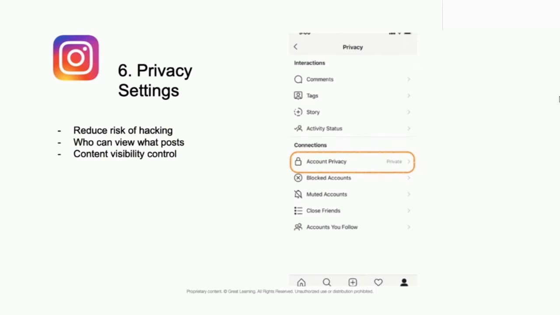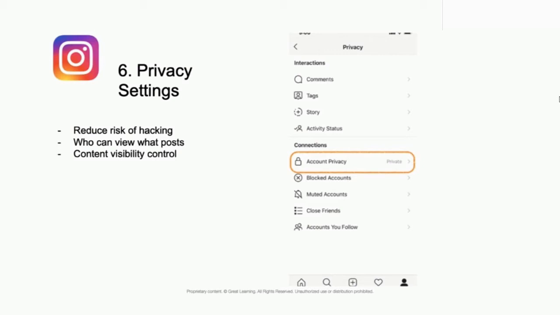Sixth, privacy settings. Account privacy settings are very important. They are important in two ways. One of the reasons is that it reduces the risk of hacking. A lot of influencers or brands on Instagram or any other digital media have a high risk of hacking, and hence it's important that you set this up correctly initially. You can also control what kind of posts can be viewed by people or not.